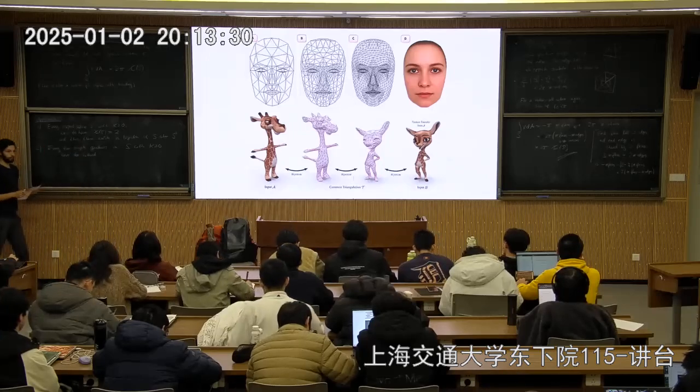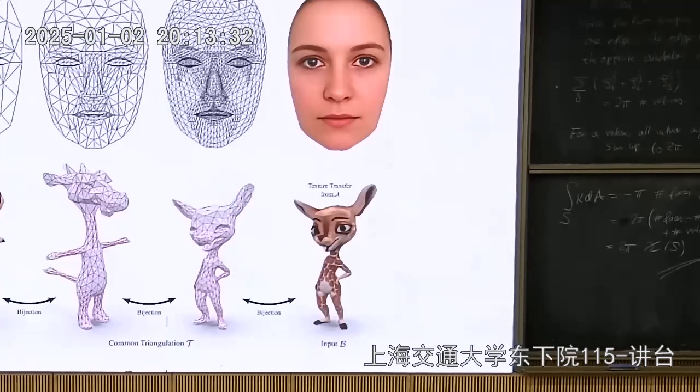So if you have two geodesics on the surface, and the surface has positive Gaussian curvature, then these geodesics